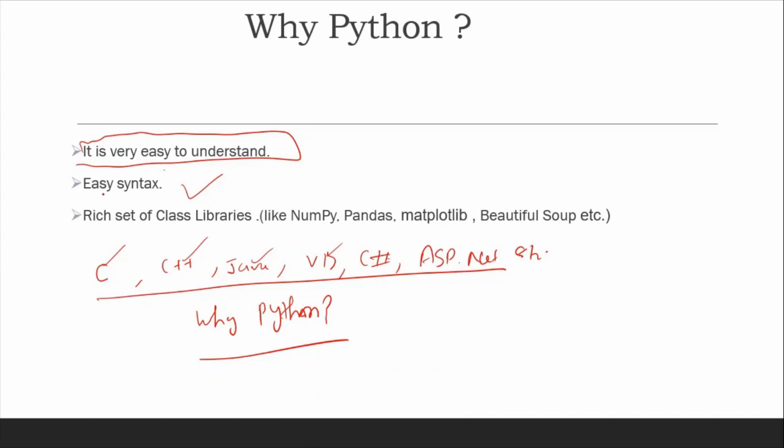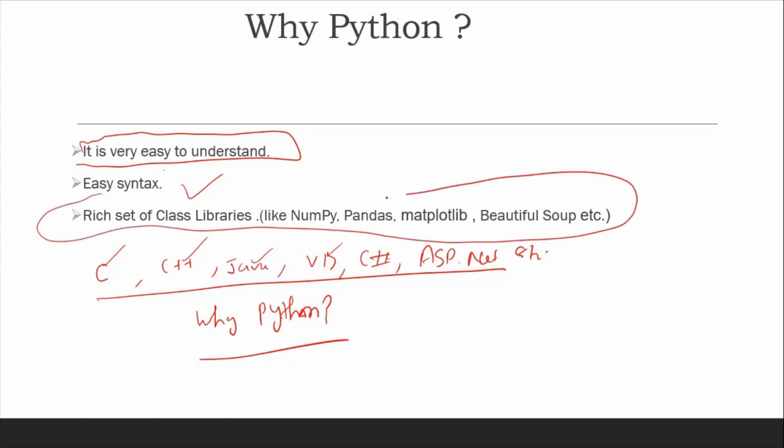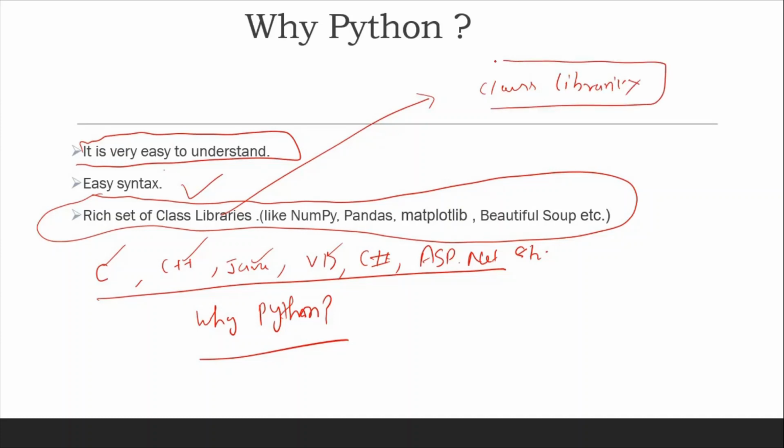The most important part of Python is that it has a rich set of class libraries. What is the meaning of class libraries? As you study in school or college, you have a library where lots of books on different subjects are available. If you have a limited number of books in the library, you get only a little knowledge.